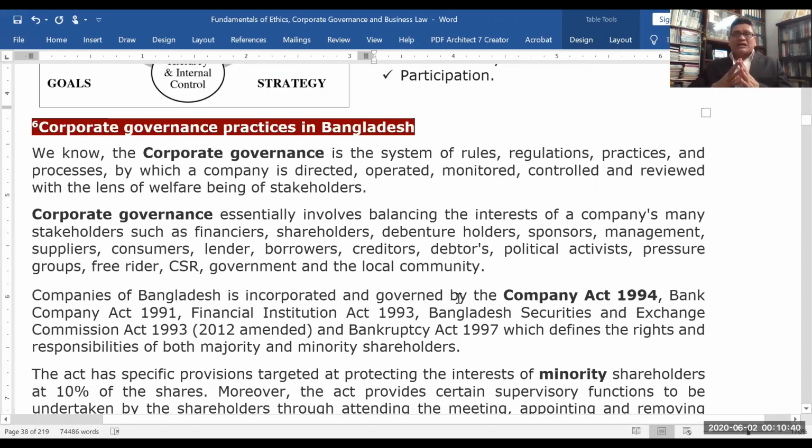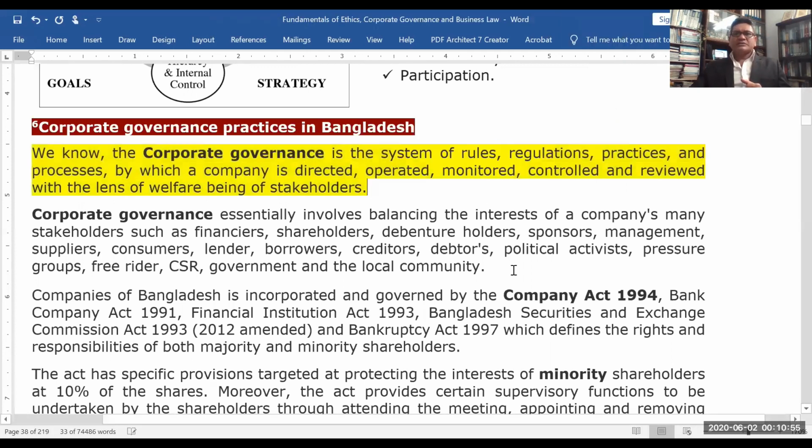So, corporate governance practice in Bangladesh. We know corporate governance is a system of rules, regulations, practices, and processes by which the company is directed, operated, monitored, controlled, and reviewed with the aim of the welfare of stakeholders. Corporate governance essentially involves balancing the interests of the company's many stakeholders such as financiers, shareholders, debenture holders, sponsors, management, suppliers, consumers, lenders, borrowers, creditors, debtors, political activists, pressure groups, free riders, CSR, that is corporate social responsibility, government, and